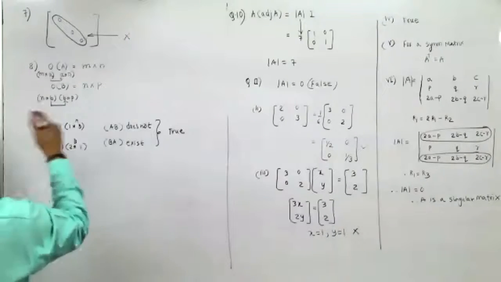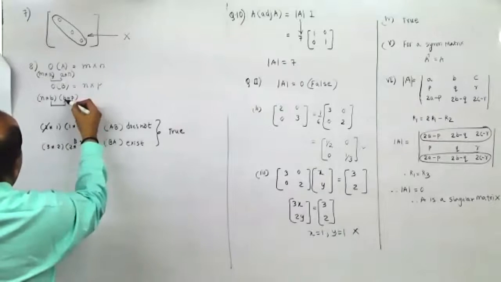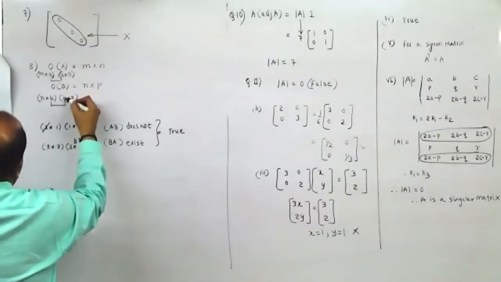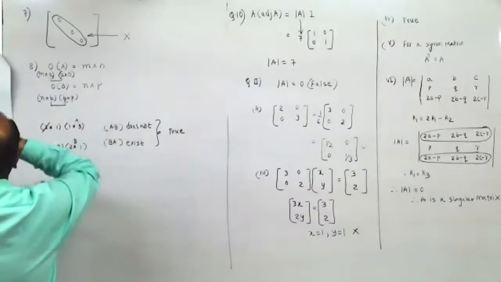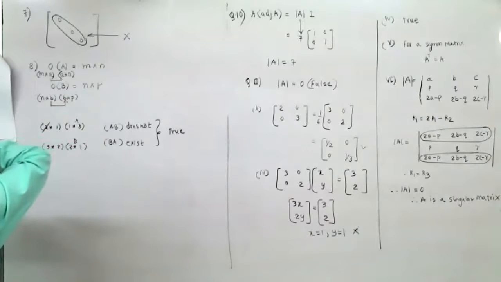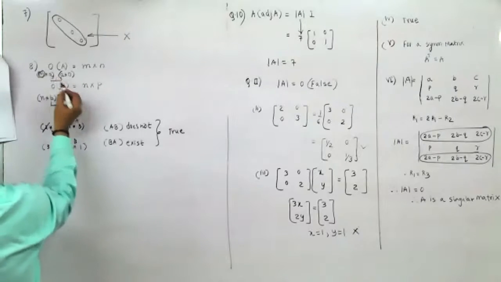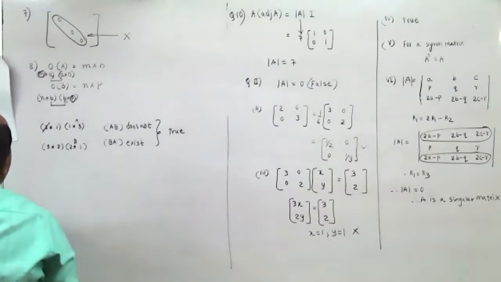Wait. N and B, AB. N and B are not equal. Who said N and B are not equal? So it is given, no, M is not equal to P. That is M is not equal to P is given. This is not equal to this is given. So, sir, if it is BA, so we cannot multiply because the order gets changed.